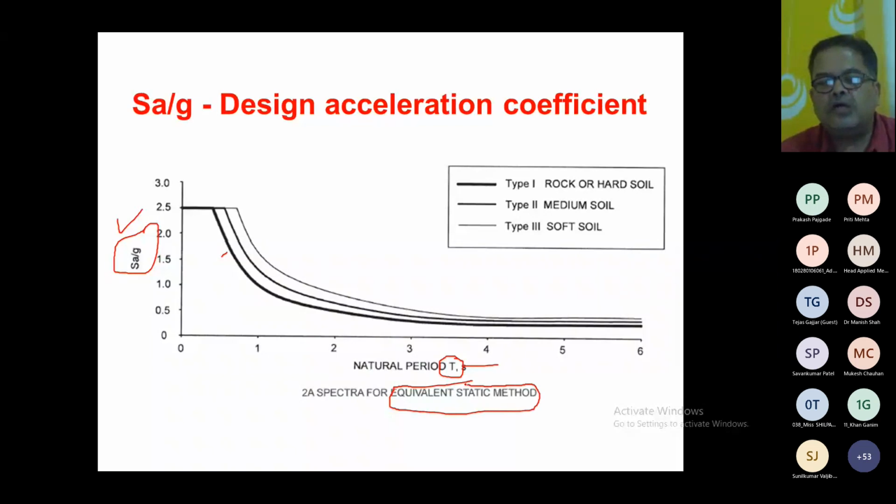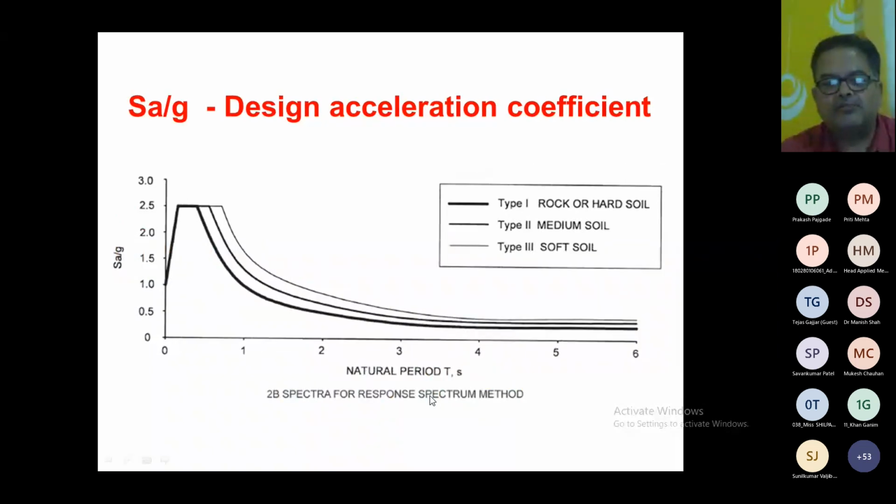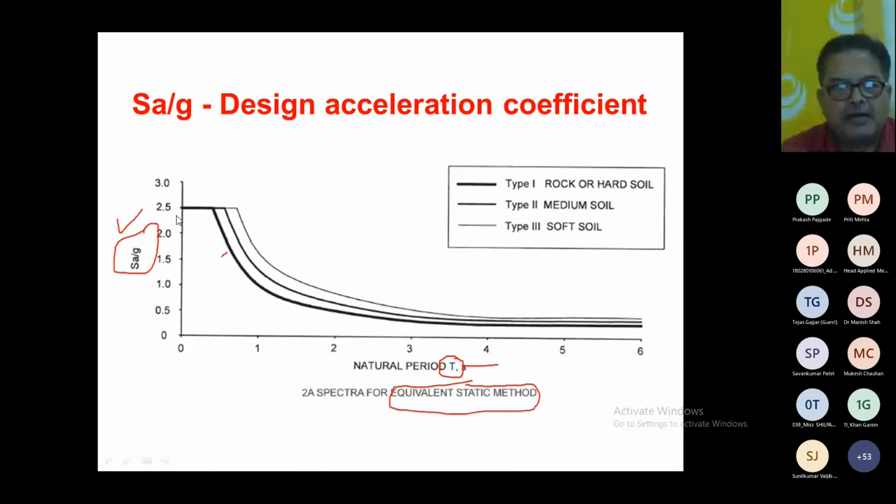The code has given 2 curves, one for the equivalent static method and one for the response spectra, right? Now here, what is the difference? Here you can see it is 2.5 times, right? Directly, if your structure falls in this category, and the natural period of the structure is less than 0.4 second,